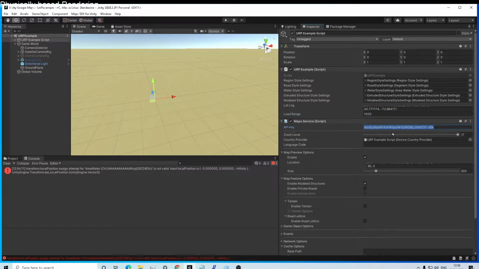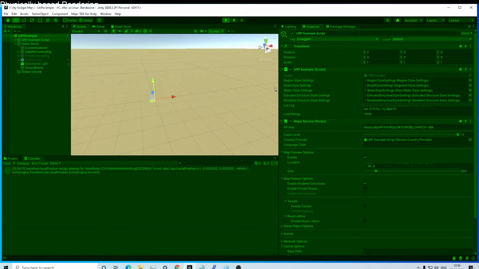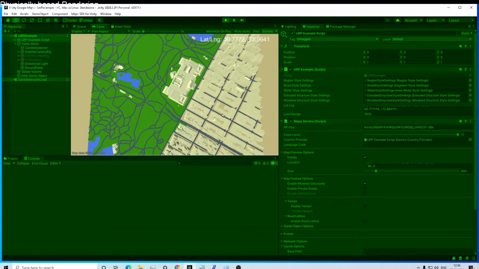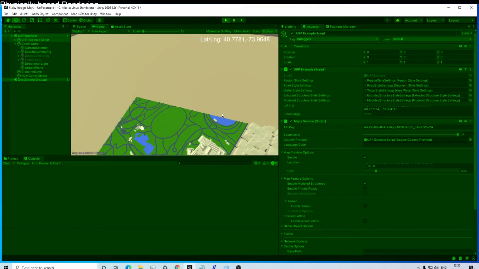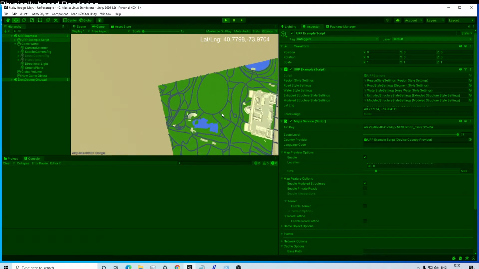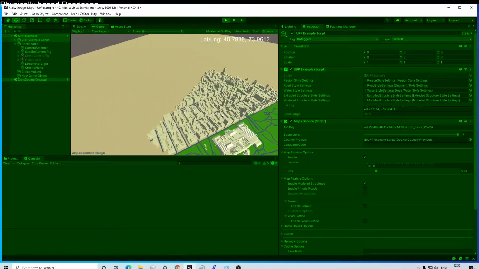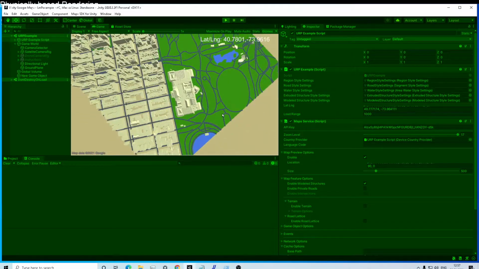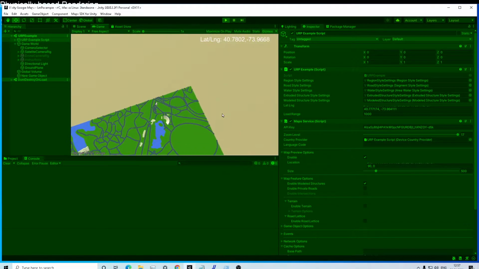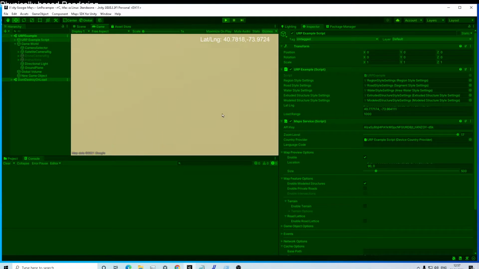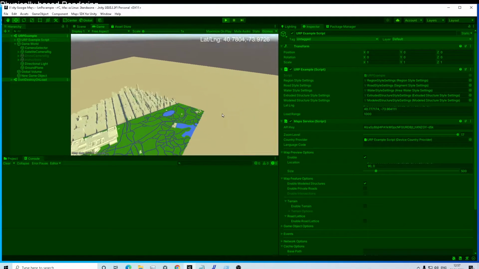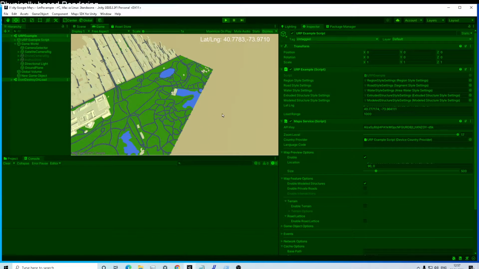And then via Google Console we can generate an API key, and then when we press play we can see what this sample looks like. We can see that by default in this sample that I've got, it loads a particular region for latitude and longitude, and it's got a nice visual display. Now you can see it is not loading other areas at this moment, so that would obviously take more space, and also we can see in this example that